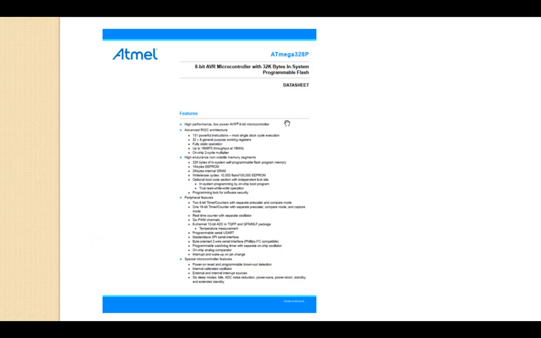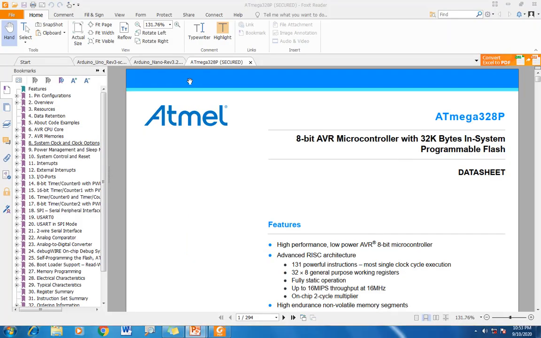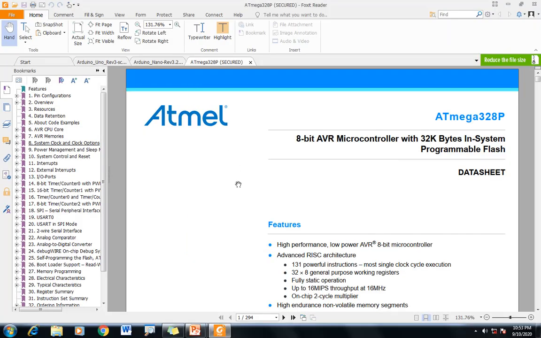The next part is the datasheet. I have kept here an image of the datasheet. It says ATmega328P, this is what our IC is. Let us go and see what this datasheet says. I have opened the datasheet.